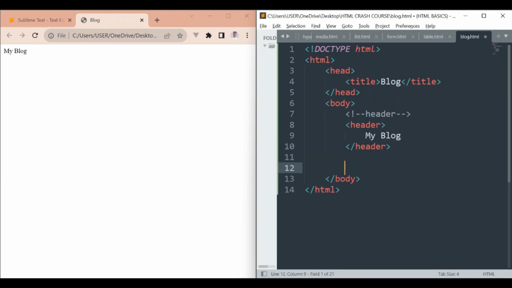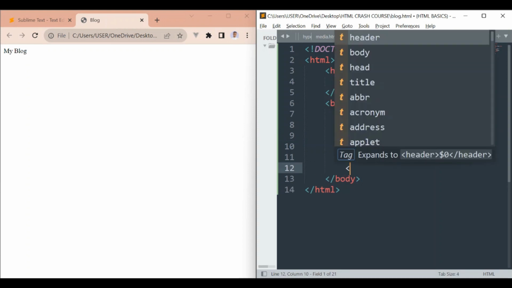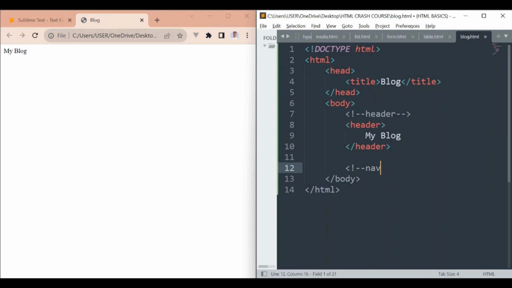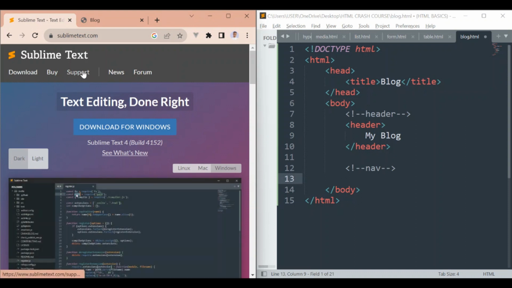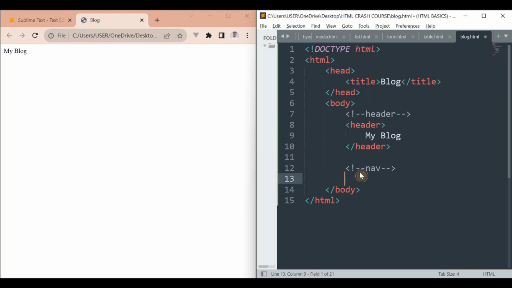Okay. So we also have navigation, which is the nav tag, and it's used to hold navigation to every page we have in the website. We can use the navigation to link to those pages. So if I want to go to another page in this website, for example, their support page, I'm going to click on this support link on the navigation. So it allows you to navigate to other pages in the website. So that's what the nav tag is used for. So nav,